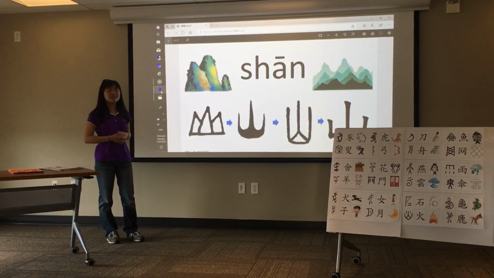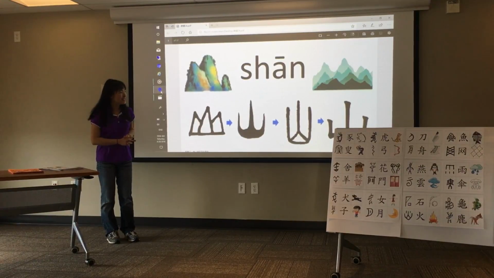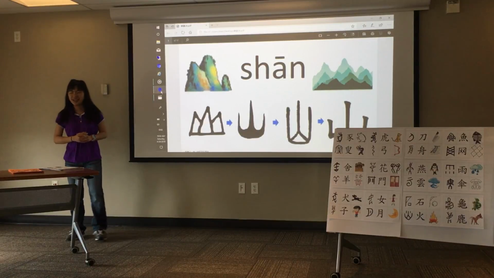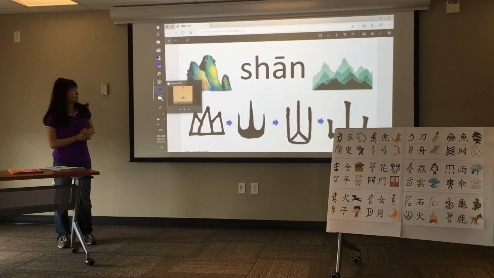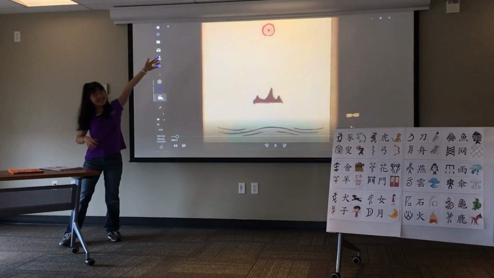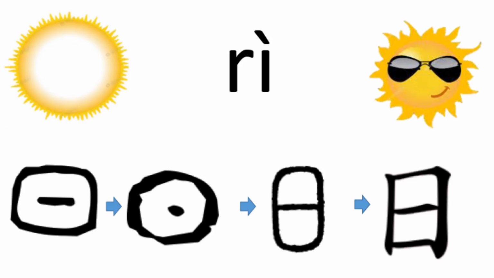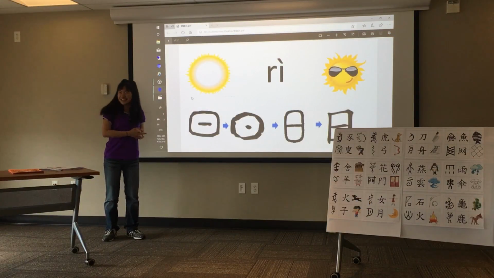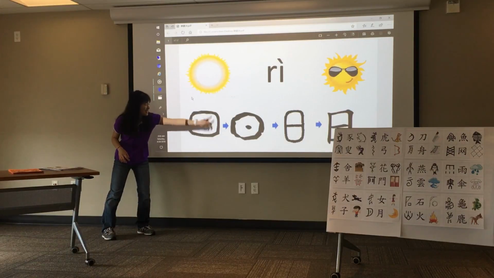And so this is how we're going to learn all 36 of these words, because they all came from drawings and they all have this story behind them. So there's a second word in this picture. What is that in the sky? Sun. Yes, this is the sun. Yes, so this is a round sun.